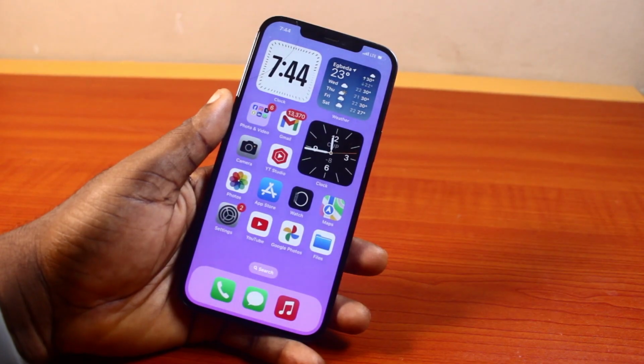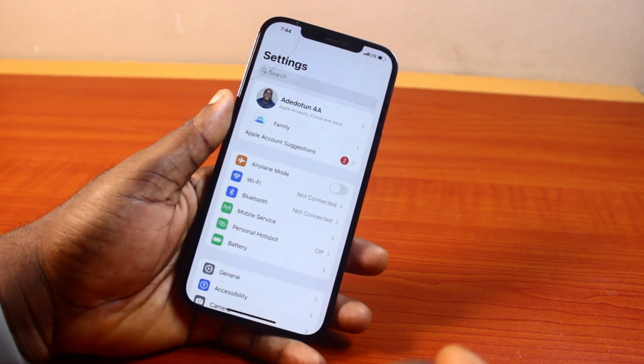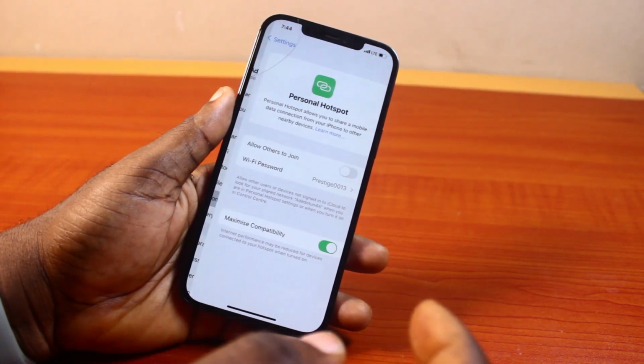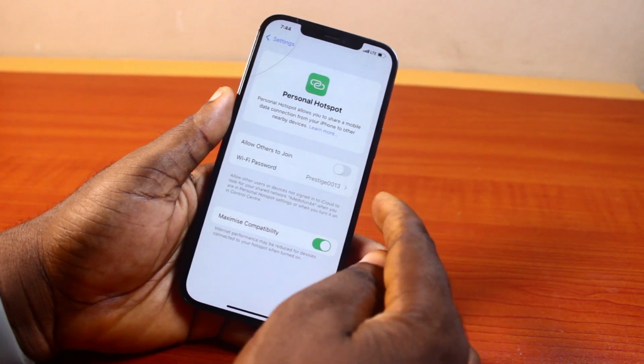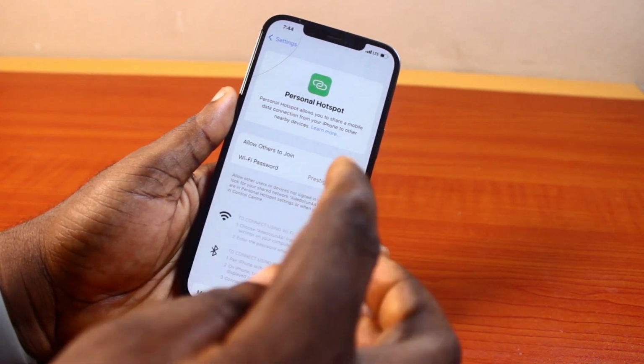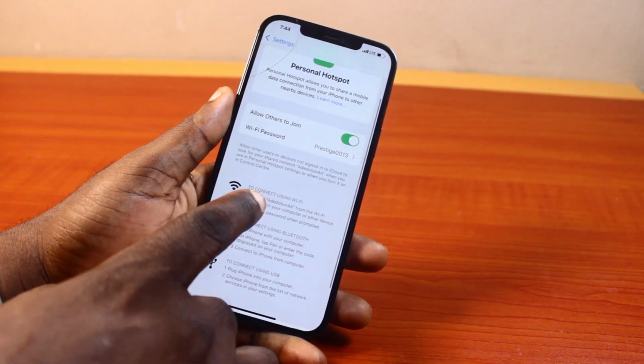Now to turn on iPhone hotspot, all you need to do is go to your iPhone settings. On the settings page, scroll down and click on personal hotspot. Then once you have selected personal hotspot, come here and tap allow others to join. Now once you tap allow others to join, it means people can connect to your